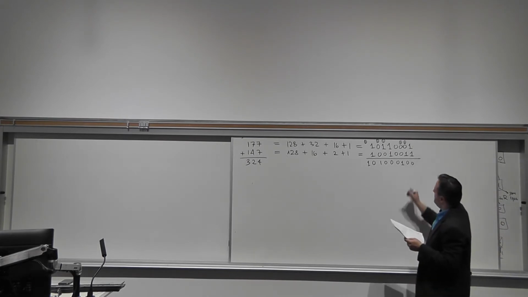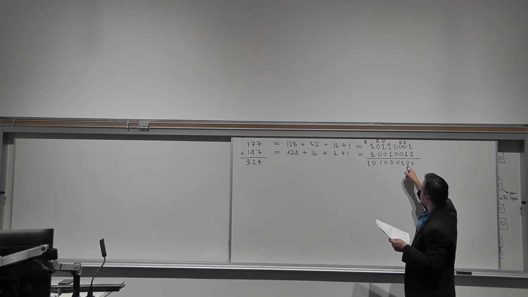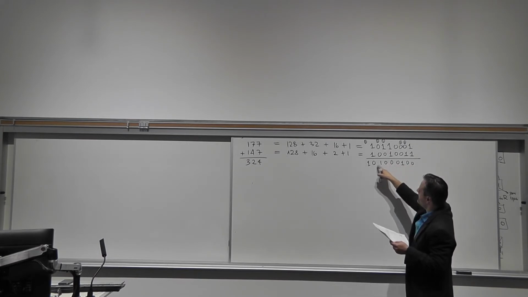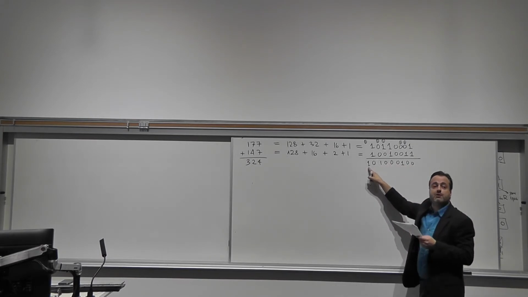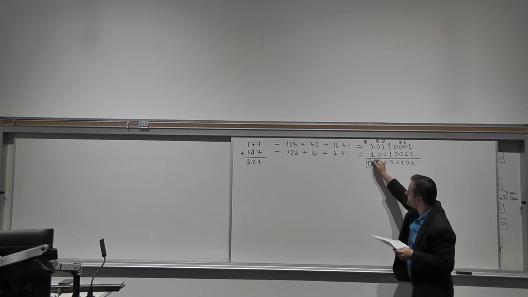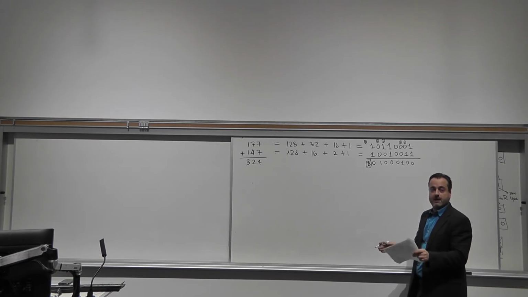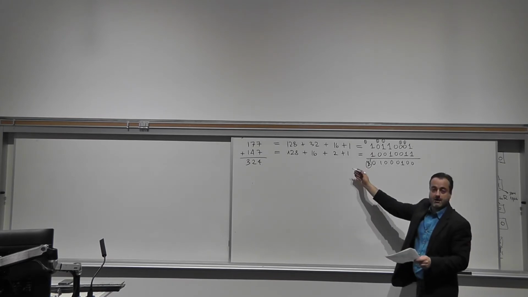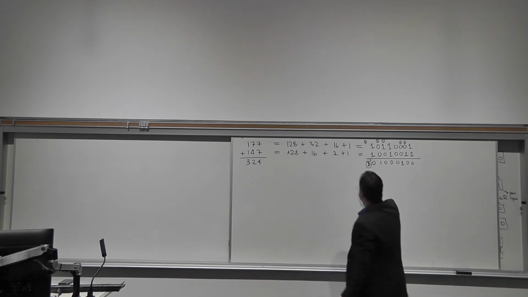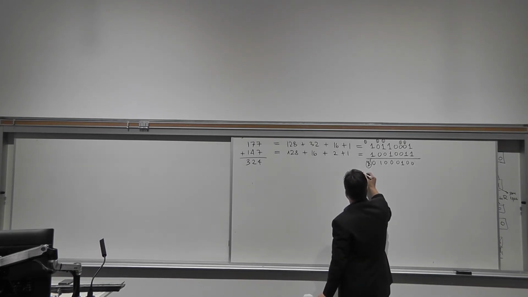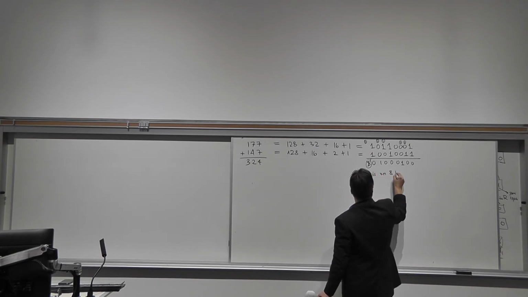Now, how many bits do I have here? 0, 0, 1, 0, 0, 0, 1, 0, 1. If this were an operation on 8 bits, I wouldn't have space for this one. If my space is 8 bits, when I do this addition, that bit is lost. So, very important observation: if this is on 8 bits,